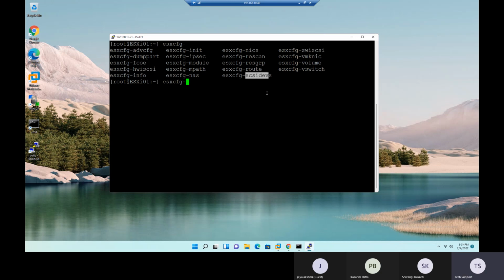SCSI devices means it is also related to storage. Software SCSI, storage related. VMK NIC, this is also related to networking command. Volume, again the storage related command. vSwitch, this is our vSwitch related command. So if you want to observe these commands one by one based on the available commands, let's say I'm trying